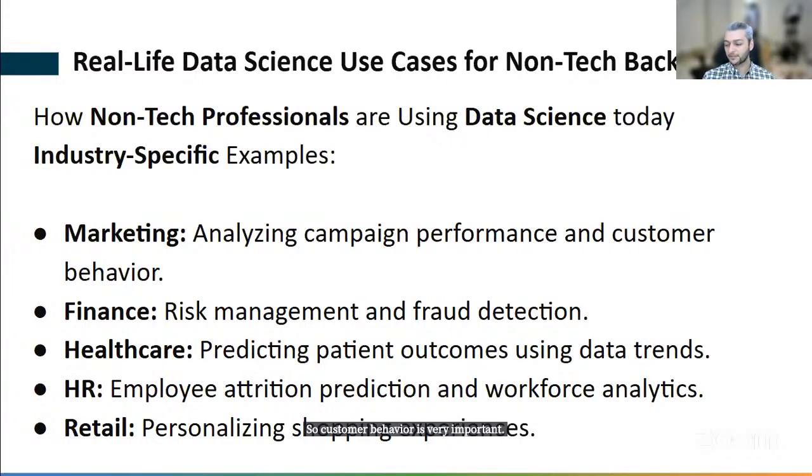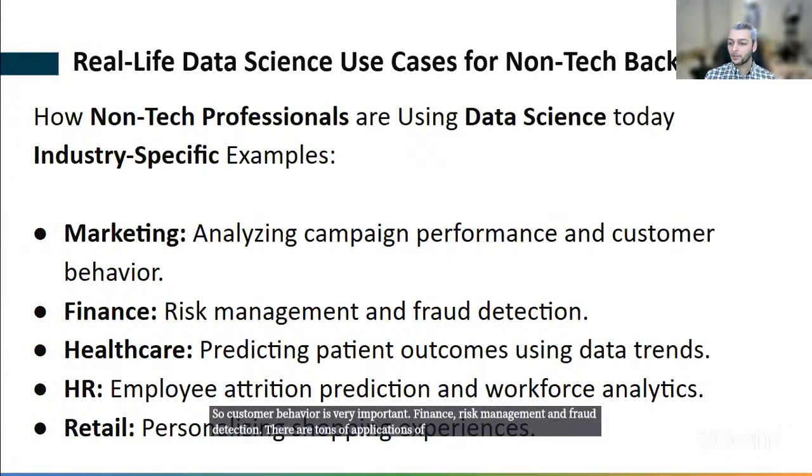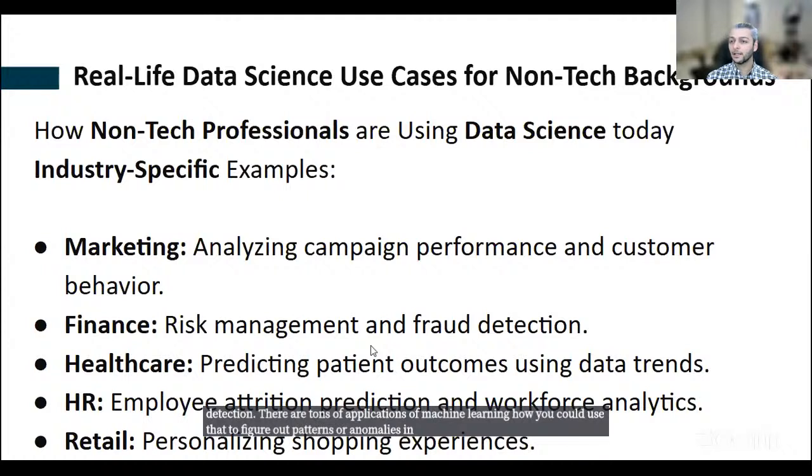Finance, risk management, and fraud detection. There are tons of applications of machine learning, how you could use that to figure out patterns or anomalies in financial transactions. So fraud detection is a very important application. Healthcare,